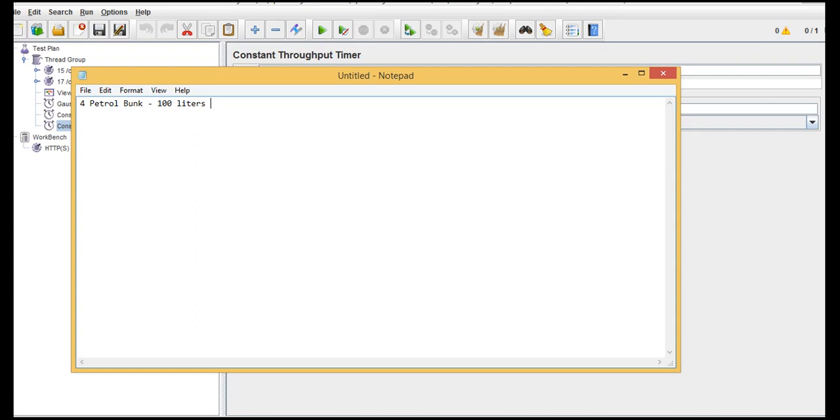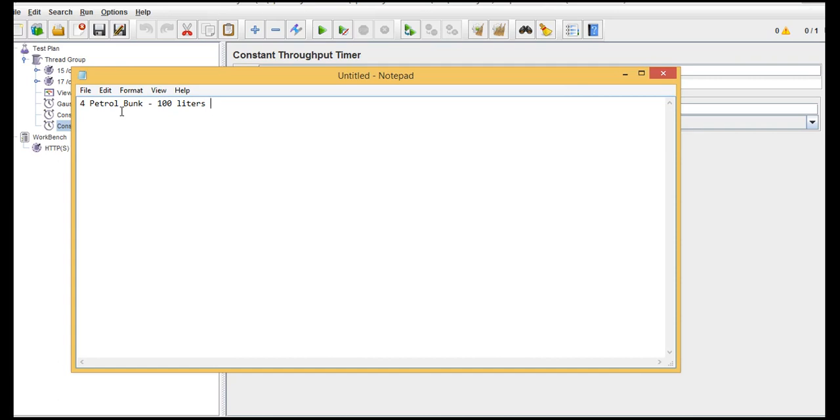So that means in a big petrol pump, there are total 4 bunks, right? 400 liters is the throughput per minute it can provide. This is the maximum throughput that this petrol bunk can provide. These are 4 different bunks available in that petrol bunk organization. So by seeing this example, what can you say about the performance of that petrol bunk? There are total 4 petrol bunks inside it, and you can get 400 liters, because each petrol bunk can give 100 liters, so 400 liters per minute you can get if you go to that petrol bunk shop. Fine.